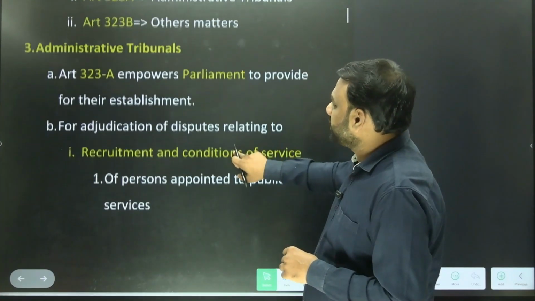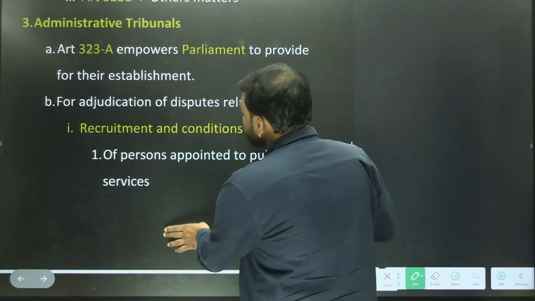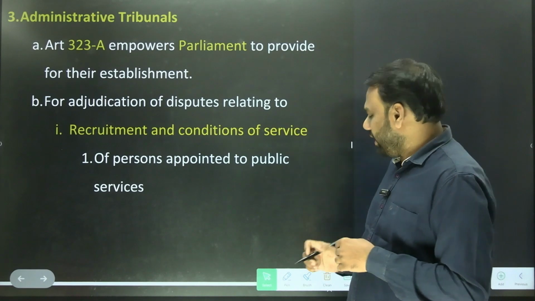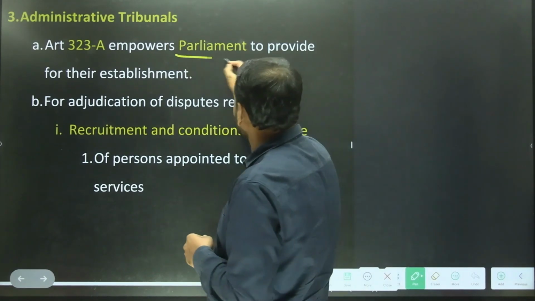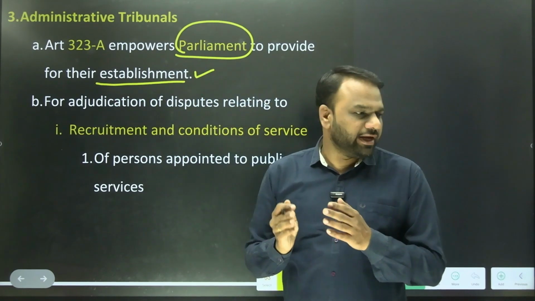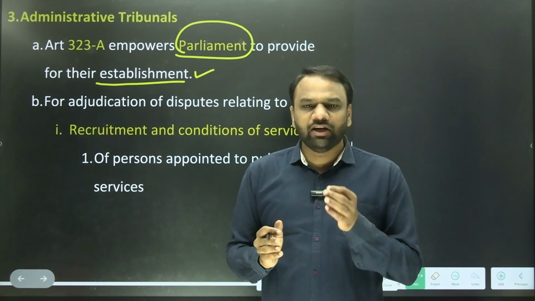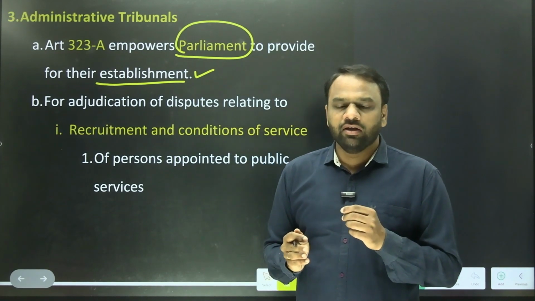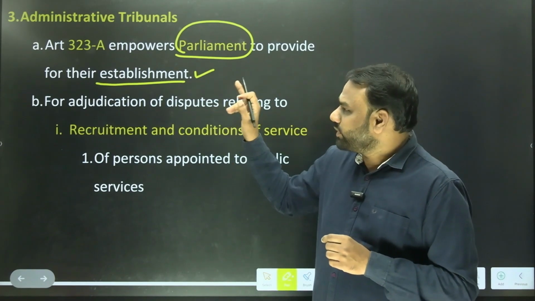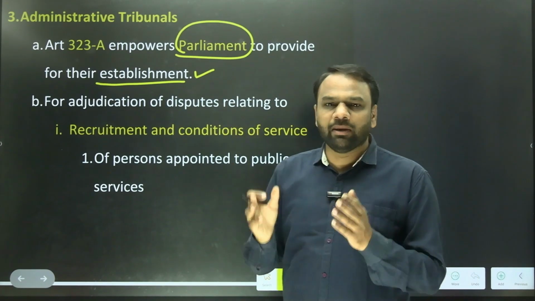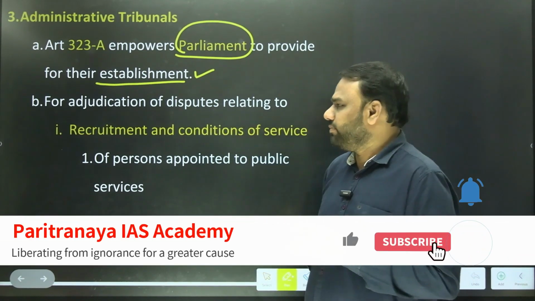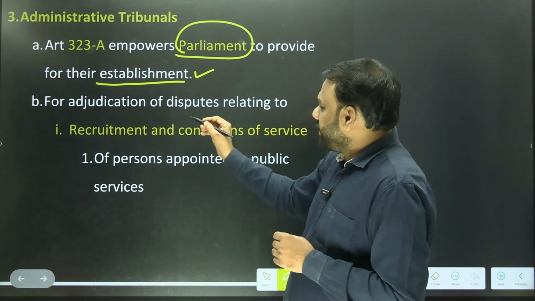Next, administrative tribunals. Article number 323A empowers Parliament to provide for their establishment. It means whenever we want to create any kind of tribunal or entity, definitely a law is required. So who can make laws when it comes to administrative tribunals? Article 323A says that only Parliament can make laws related to administrative tribunals. Very important. This is for adjudication of disputes relating to